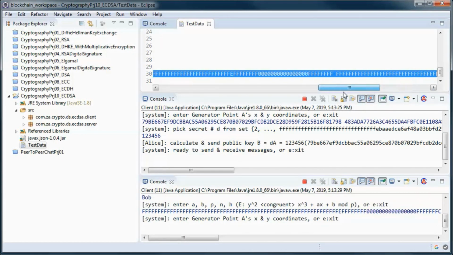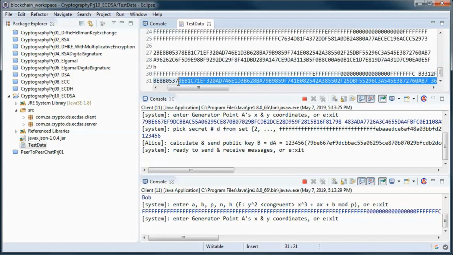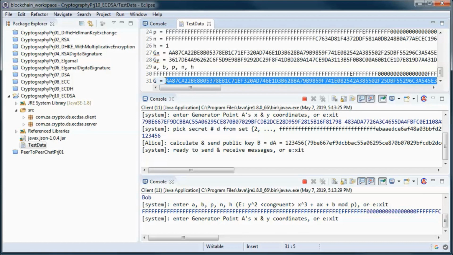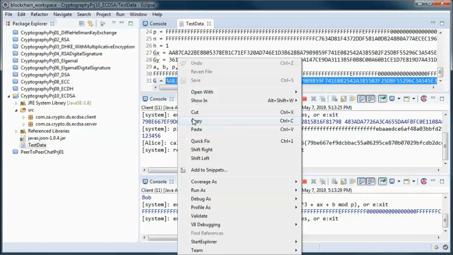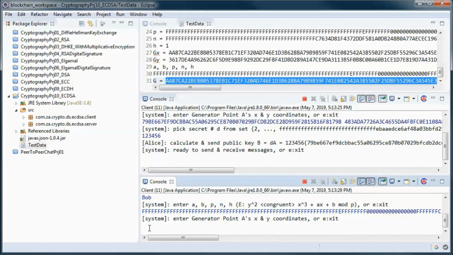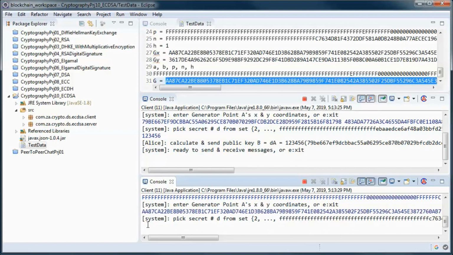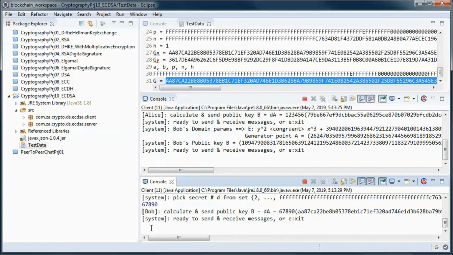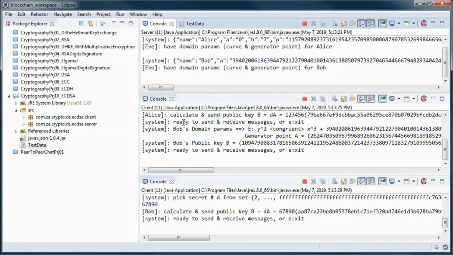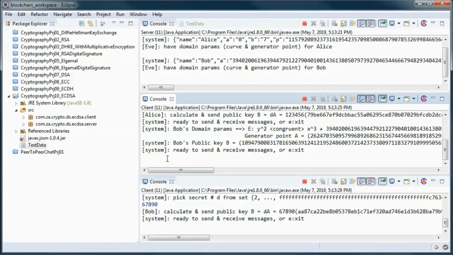And this generator point, and let's say he will use this as his secret key. And let's have Alice try to send this message.